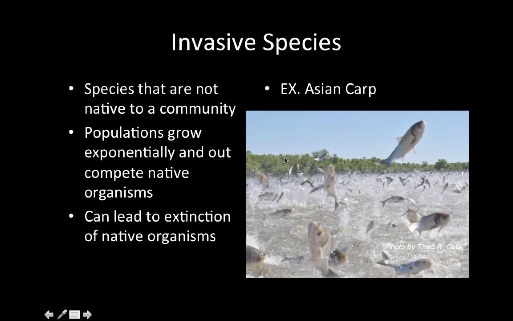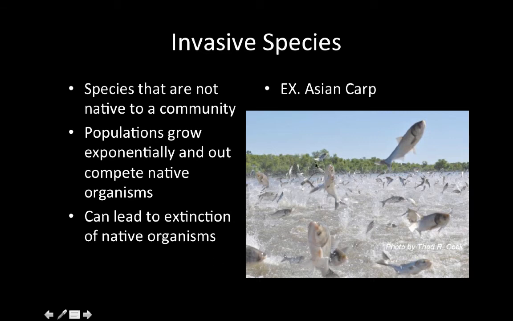And now in the United States, if you go down the Illinois River, you see these Asian carp just flying all over the place because when boat motors come by, it scares them and they jump up into your boats. They're huge. The fishing industry is falling apart because they're outcompeting all the native fish, and all anybody catches are carp down in the Illinois River.